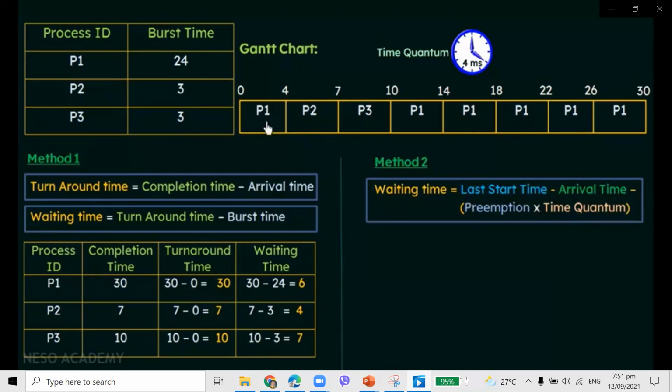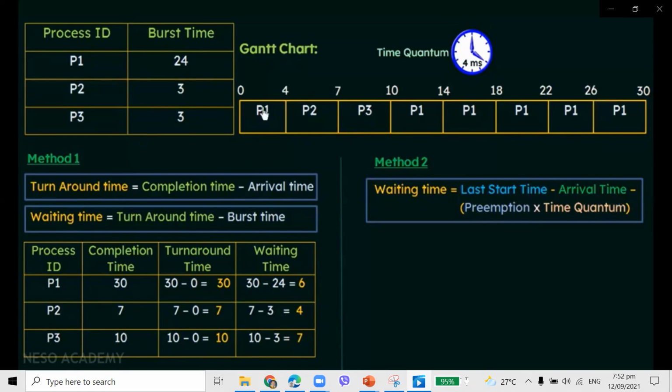For example, for P1, we see that P1 started its execution here at 0 milliseconds. But was this the last start time? No, because P1 again started execution here at 10 milliseconds, and here again at 14 milliseconds it started, then again at 18 also it started, then 22, 26 also it started. So we see that the last start time of P1 was 26 milliseconds. This is the last time it started. When it started at 26 milliseconds, it completed its execution at the 30th millisecond, and after that it did not start again. So 26 is the last start time for P1, and from that we have to subtract the